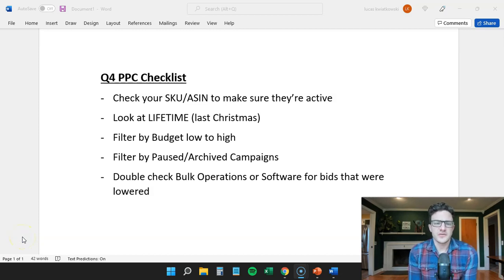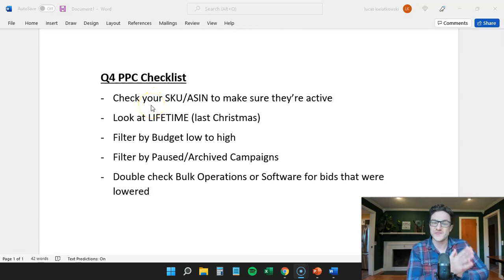When we get to this time of year, a lot of people scramble and freak out and make a lot of new campaigns and start from scratch and forget all of their past data. So, as we've been picking up in the Christmas season here, I just wanted to make some super simple things you can do to remember that, if you've been a seller for a few years, a lot of the data is already there. You need to just take a second, look at the past data, look for a few things,